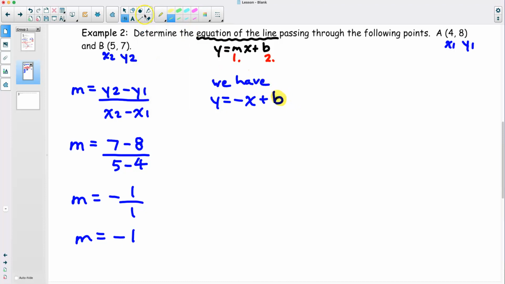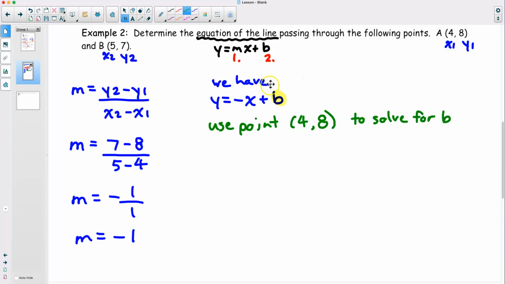Okay, so what we're going to do is use any point that lies on this line. You can see we have two options in this case, and we can substitute that in for this y and this x value. I'm going to use the point 4 and 8. Again, you would get the exact same answer if you use the other one. I just like these even numbers here, so I'm going to choose that. So we're going to use this point 4 and 8 to solve